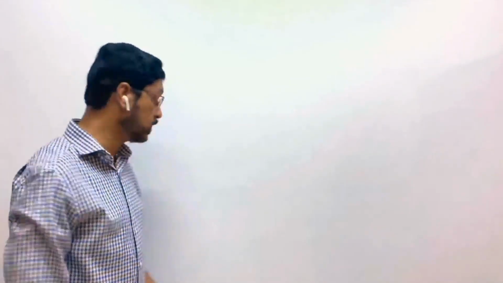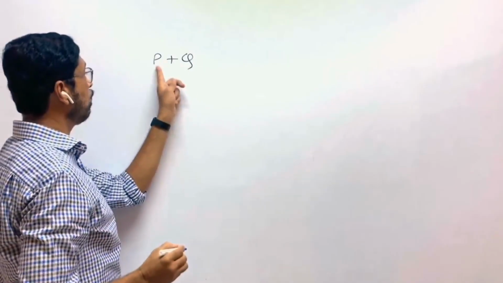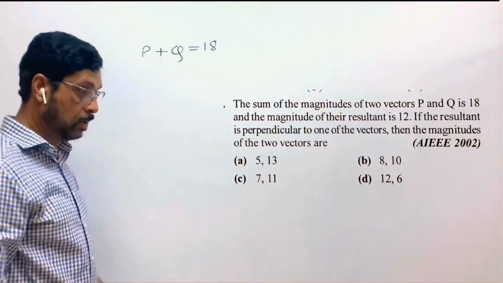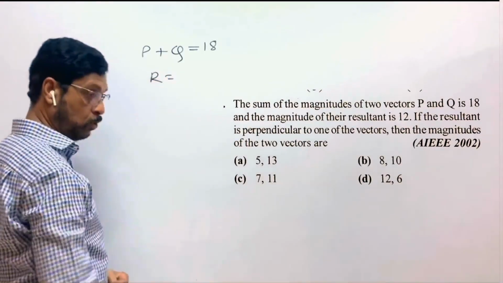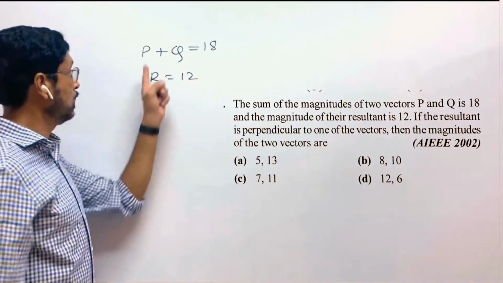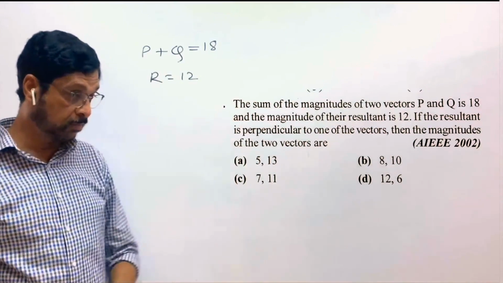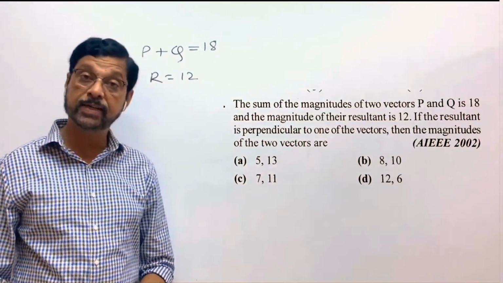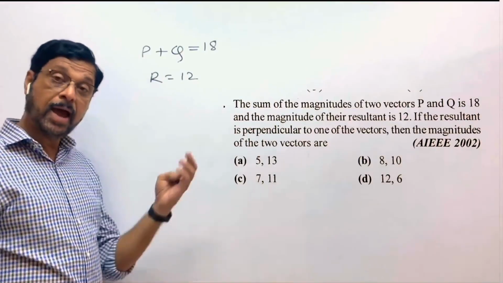Vector P and vector Q, the sum of their magnitudes, P plus Q, is given to be 18. And the magnitude of their resultant R is equal to 12. Sum of their magnitudes is 18 and magnitude of the resultant is 12. If the resultant is perpendicular to one of the vectors,